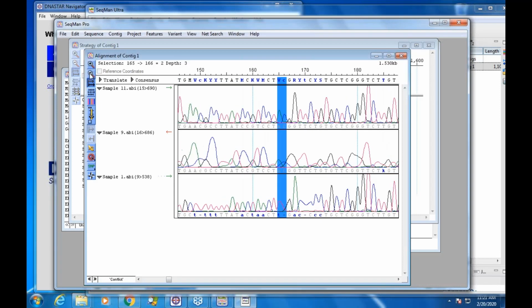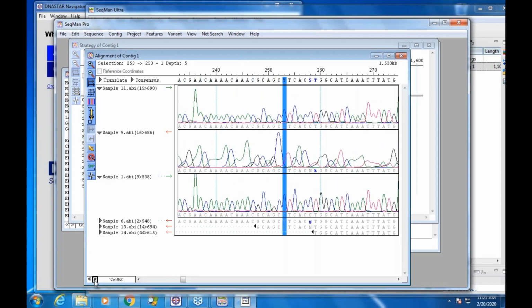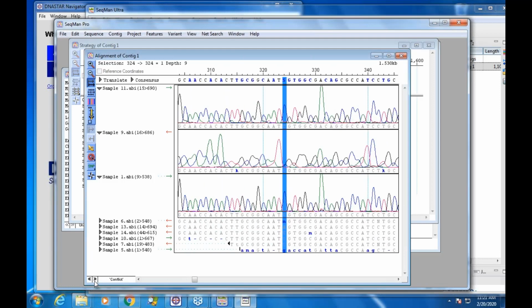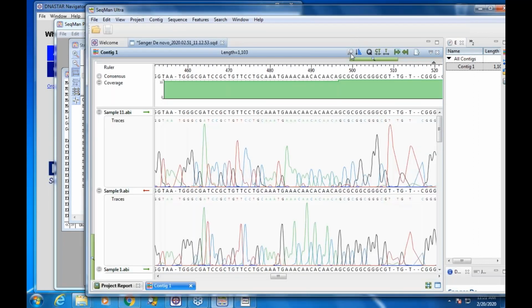I'm going to zoom out a little bit to find conflicts in the called consensus. And that's really the proper way to find all the conflicts in your consensus. Unfortunately, people would often go to the variant report and actually miss quite a few of them, because it's a slightly different calculation for finding these conflicts. So what we did in Ultra is we wanted to make that more discoverable. So we added a little search